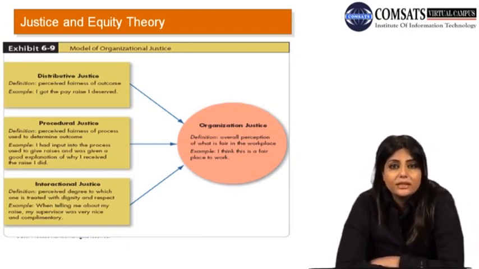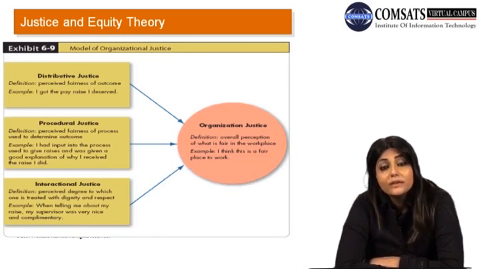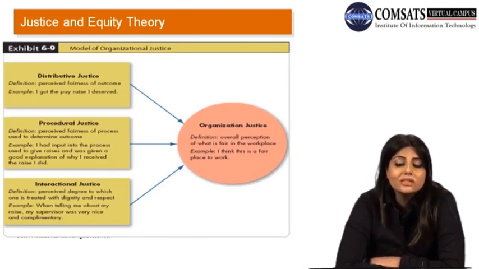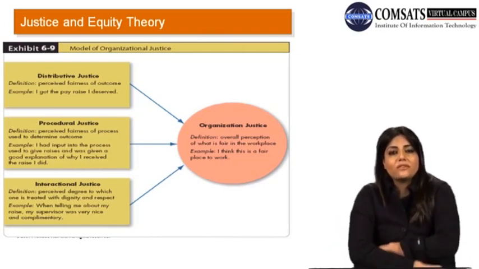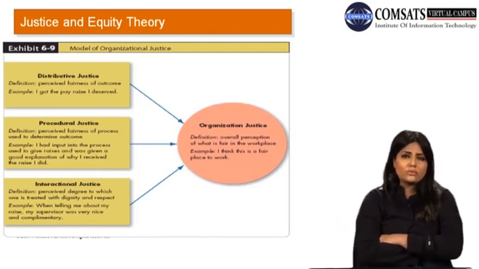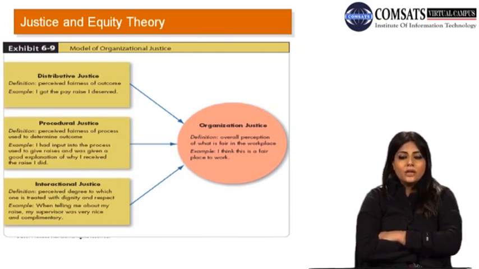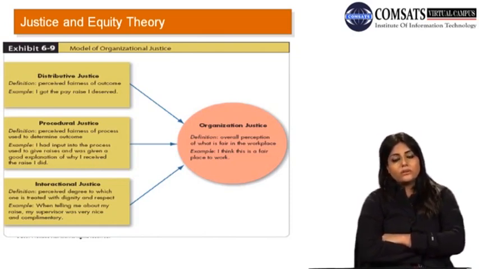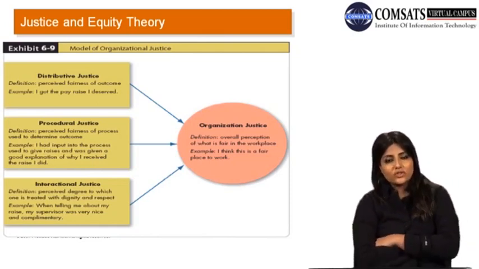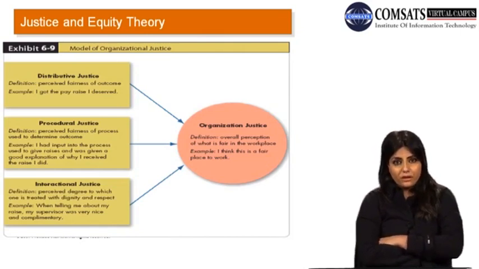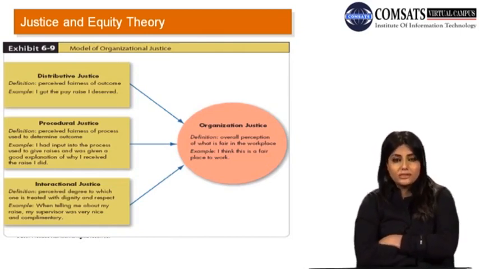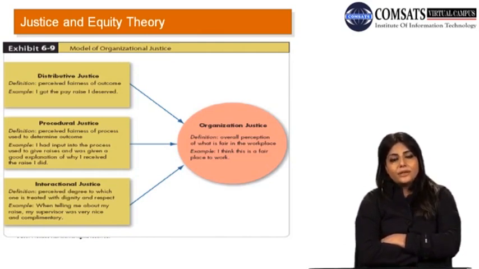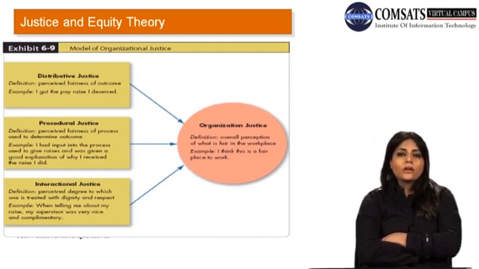Then other than these, in the recent literature, there is another dimension of organizational justice, which is informational justice. And these 4 dimensions of organizational justice were basically given by Colquitt in 2001 or in 1999. You can also have a detailed look at this literature on organizational justice in some good journals.